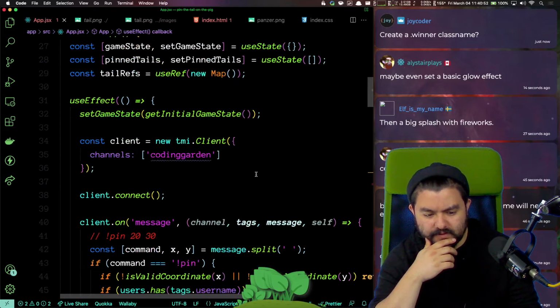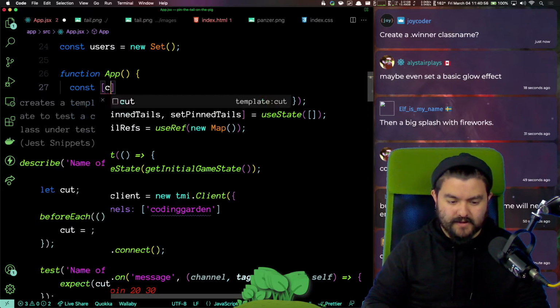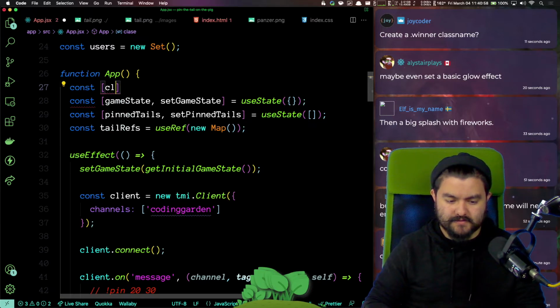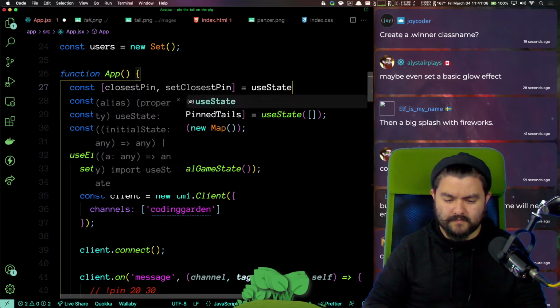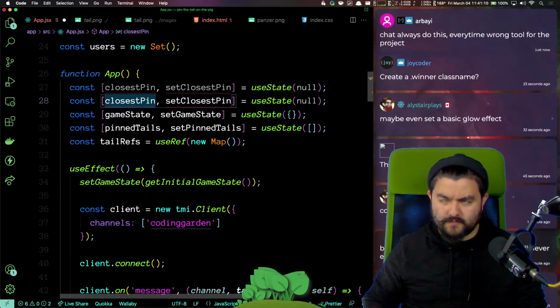So where are we at? Right here. So we need a closest pin and set closest pin. Starts off as null. Then we'll also have a winner.